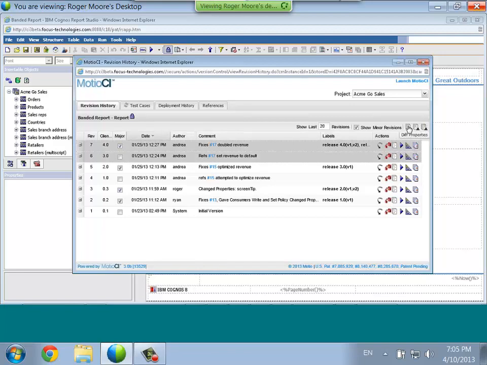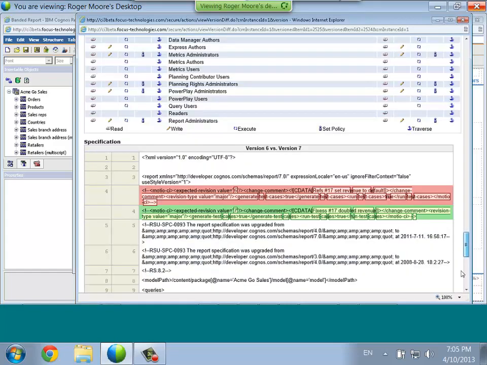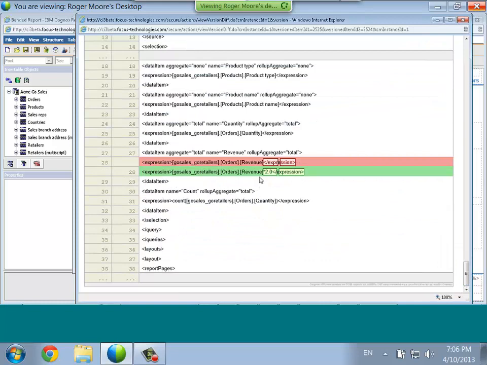So I'm going to highlight the last two revisions of this report and diff them. You'll recall that we did the side-by-side view with the folder. Let's go ahead and do the inline view. And we can see exactly what change Andrea made. She did, in fact, double the revenue, and I think it's quite clear what our problem is with this report. Kind of a silly example, but we try to do this just to keep it real simple for everybody to understand as part of the presentation. So I'll be able to correct that